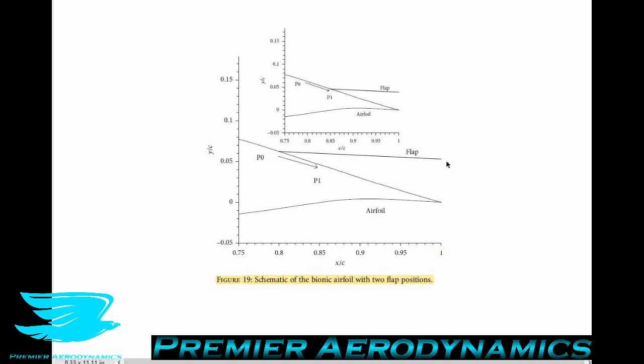That's an important point as well, because this flap length may also have an effect which they don't explore in this paper, but they just explore the effects of moving this flap further downstream and its effects on the airfoil's performance. So they are both straight flaps and angled down a little bit, but they don't say how much they're angled down. I'm going to say from this view here, they're probably angled by about 2